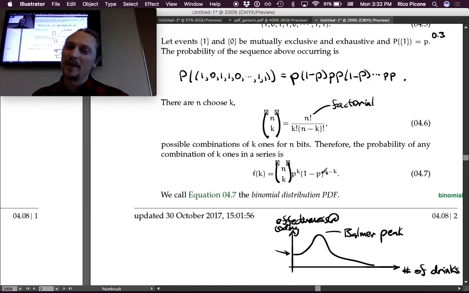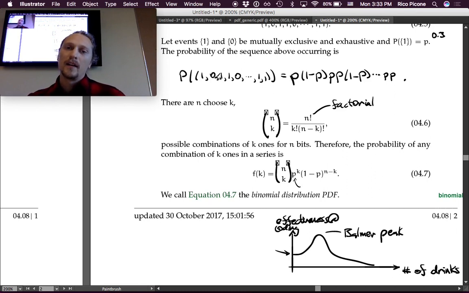There are n choose k possible combinations for k 1s in n bits. Therefore, the probability of any combination of k 1s in a series is n choose k times the probability of the k 1s showing up. Notice that in this sequence, of the visible ones, we had 1, 2, 3, 4, 5 of them, and 1, 2, 3, 4, 5 p's showed up, right? So p is raised to the k, the number of ones,